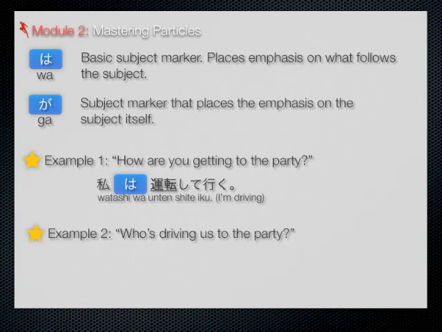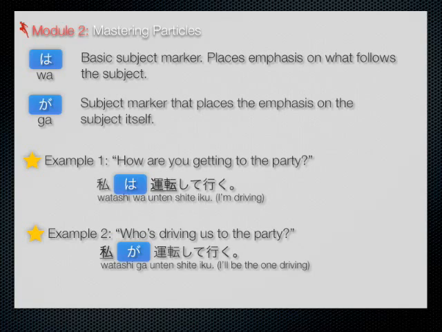If someone asks you, who's driving us to the party? Now in this case, you want to know who the particular individual is who is going to be driving to the party. So we know what the action is. We're a little unsure about the subject. So in this case, you would say, watashi ga unten shite iku,